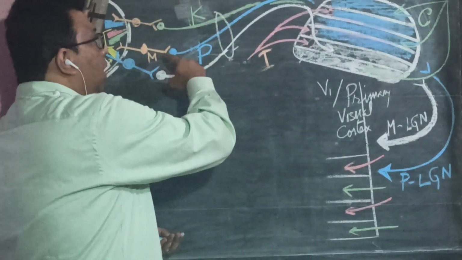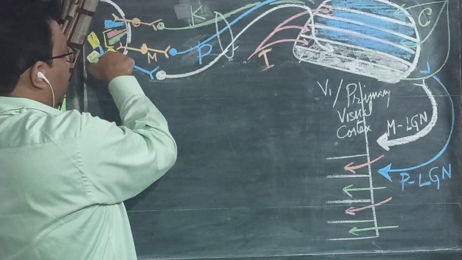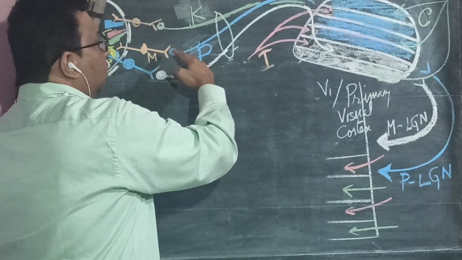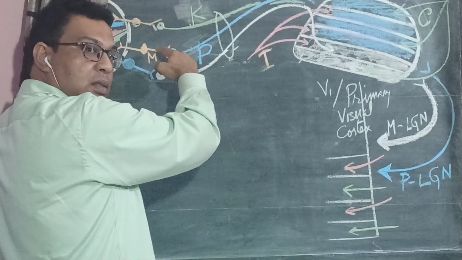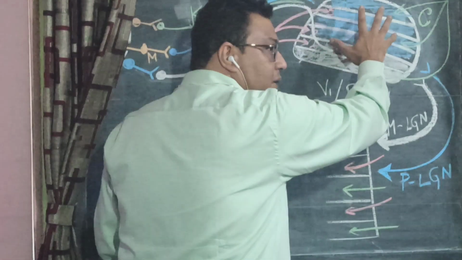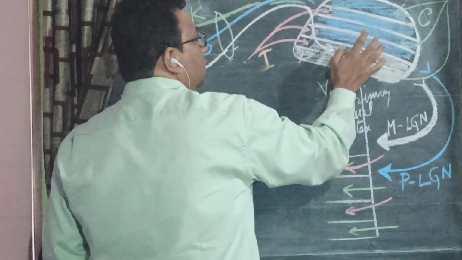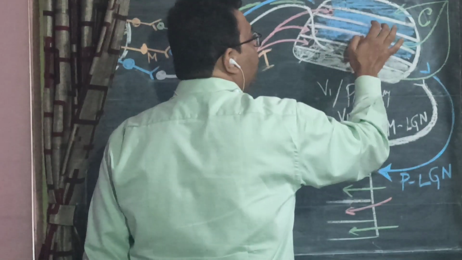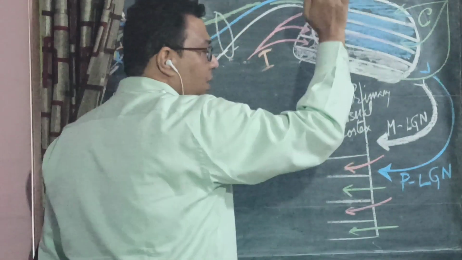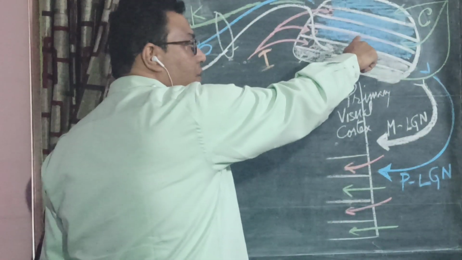Coming to the parvocellular pathway, you see the midget ganglia from cones giving rise to the parvocellular ganglionic pathway, which goes to the lateral geniculate body and distributes its component to the layers 3rd, 4th, 5th and 6th. And also fibers arising from the lateral geniculate body, the